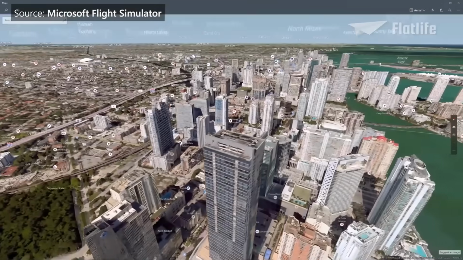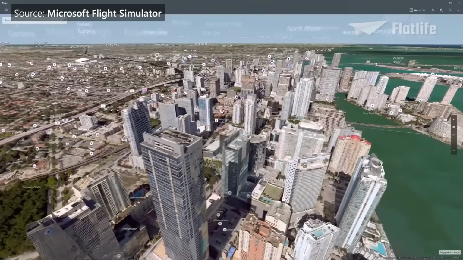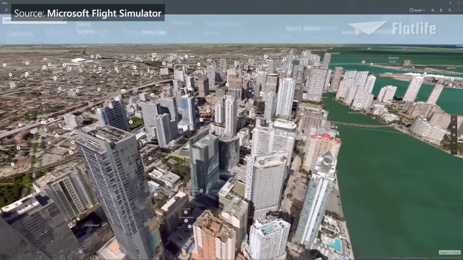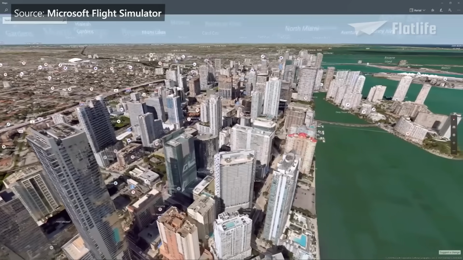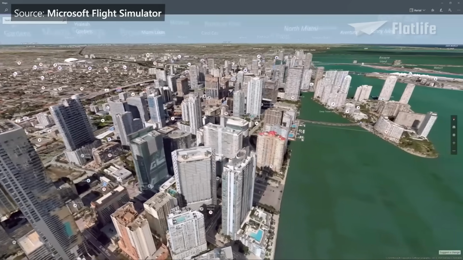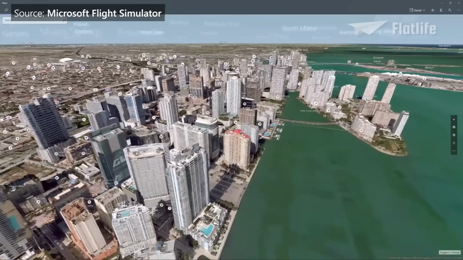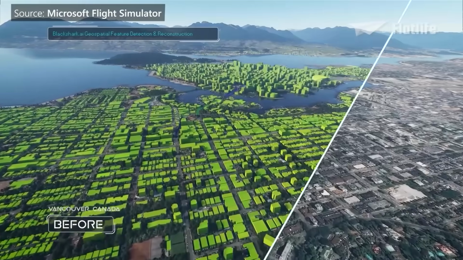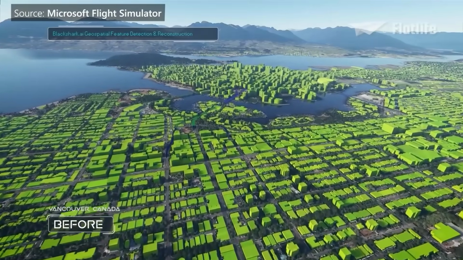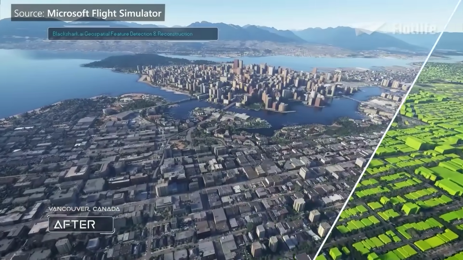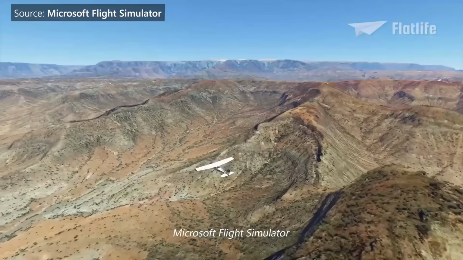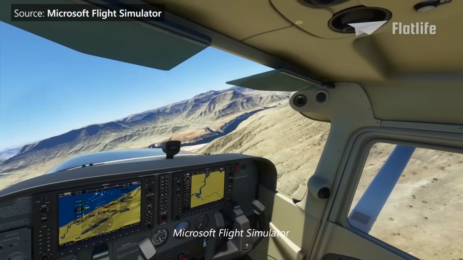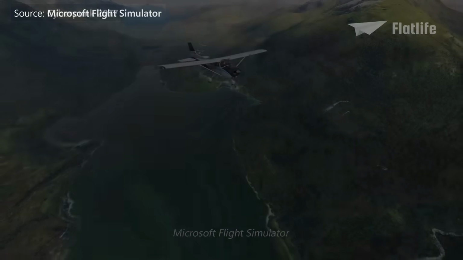In fact, it simulates the entire Earth using textures and data from Bing Maps. Microsoft partnered with Blackshark.ai, who used the groundbreaking technology of Microsoft Azure and artificial intelligence to analyze map data and generate photorealistic 3D models of objects. The game also has realistic physics and real-world weather data. This really is the future of gaming.